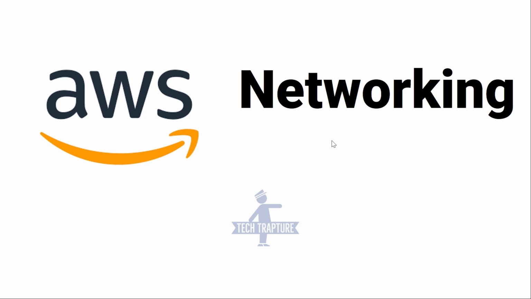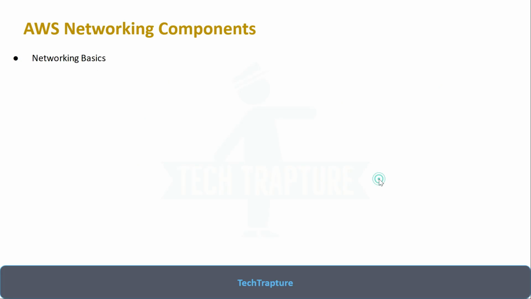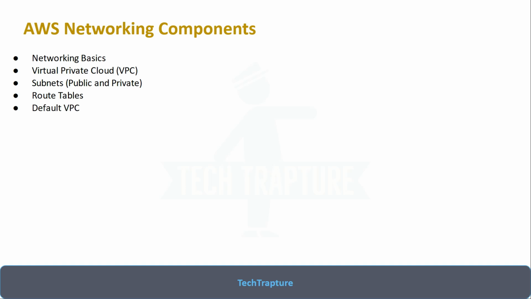Okay, so what are we going to cover in this video? Let's see that. First we'll start with the networking basics, then we'll see how we can create a virtual private cloud in AWS. What are the different components, what are subnets, what is a private subnet, what is a public subnet, what is a route table. We'll see what is a default VPC, what is an internet gateway in VPC, what is a NAT gateway, when we should use a NAT gateway, when we should use an internet gateway, what are VPC endpoints,